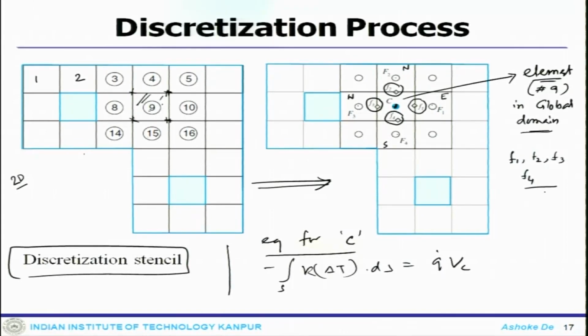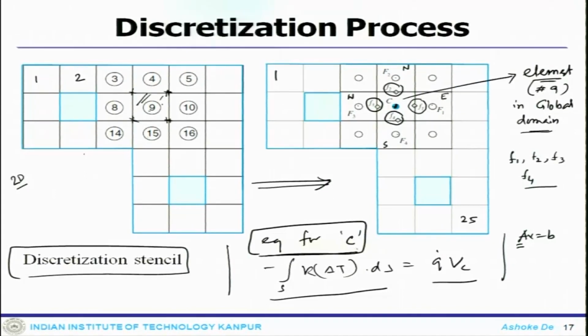So, what is the equation that we are solving? Let us say we write the equation for the element C. We integrate these equations; this is how you discretize over this control volume. Once we write it for one particular element, you can continue doing that and get the complete equation, because your complete equation would have the form Ax equals b, and what does this matrix contain? That is what we are trying to achieve. This matrix will contain all the coefficients coming from all these elements, starting from 1 to 25.